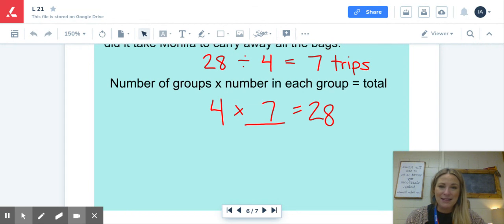That's it for your practice today. Just remembering that when you're looking at these word problems, if you solve by division, it's right. If you solve by multiplication, it's right. If you're ever wondering and want to double check your answer, try the inverse operation and see if you get